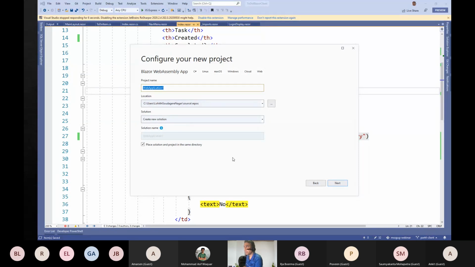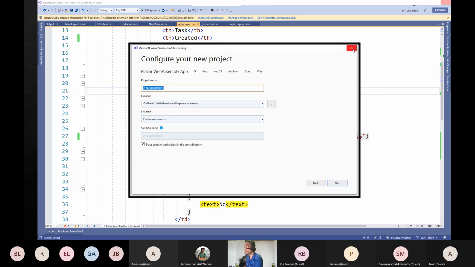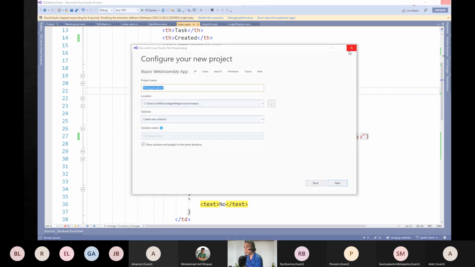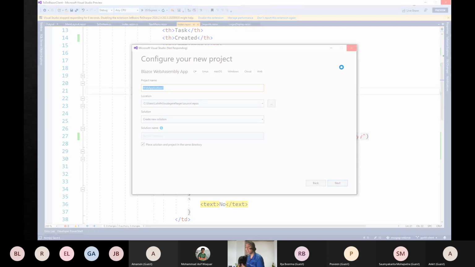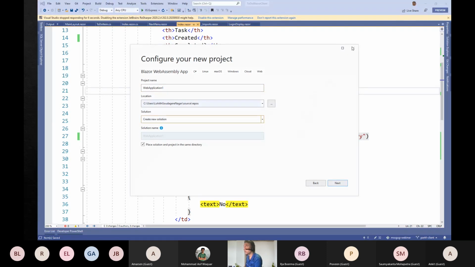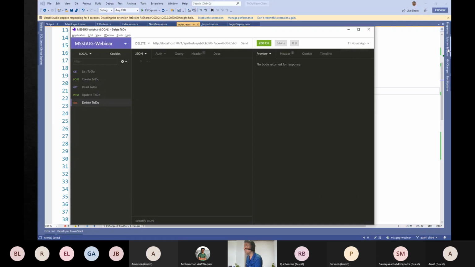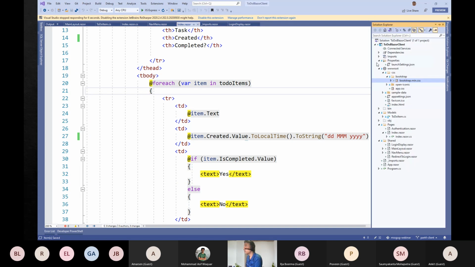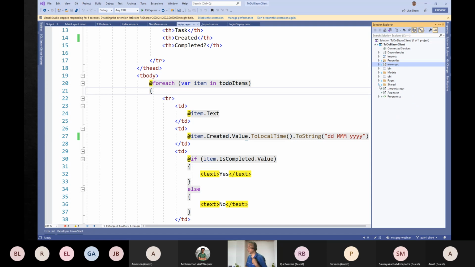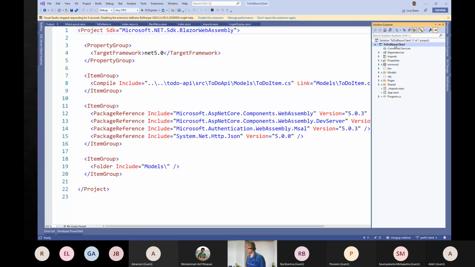Once you get past this, it's going to ask you how do you want to basically host this. Do you want to host it standalone, or do you want to host it inside ASP.NET Core? So I'm not going to move ahead. What I've done is I've already told Visual Studio that I want to host it standalone, meaning I can build this WASM or Blazor WebAssembly as a standalone single page application,